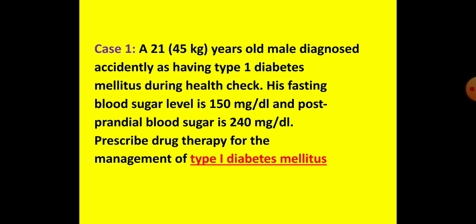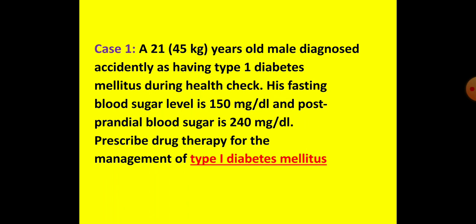Now, as you all know, if the fasting blood sugar is more than 126 and postprandial blood sugar is more than 150, it means that the patient is having diabetes. In pharmacology at the level of second MBBS, you don't have to diagnose the condition, but at the same time you should be aware of the clinical scenario. So here is a case of type 1 diabetes mellitus, and you all know that in type 1 diabetes there is a complete absolute deficiency of insulin, and that's why insulin is the only therapy.